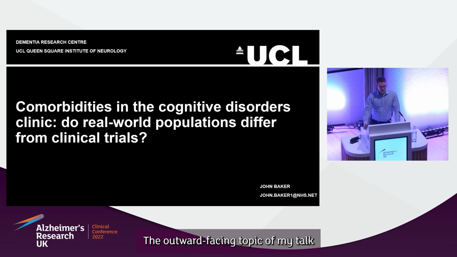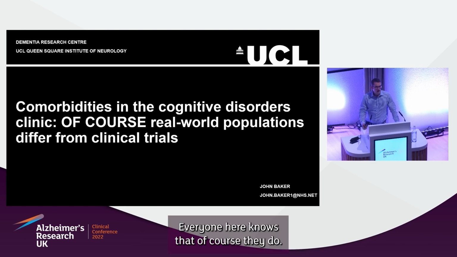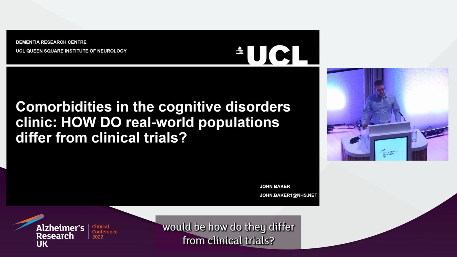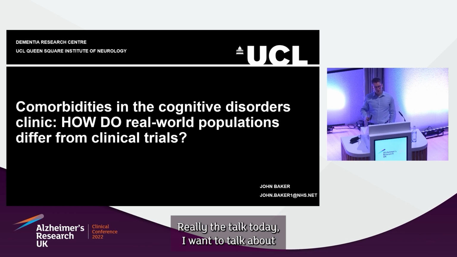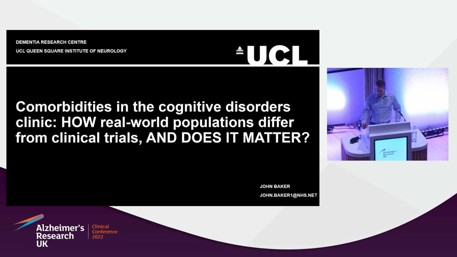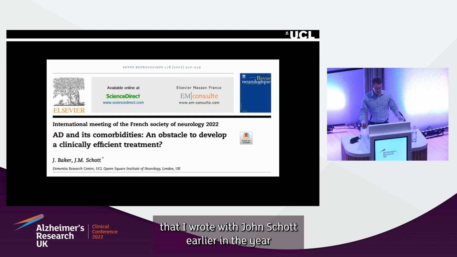The outward-facing topic of my talk is essentially, do real-world populations differ from clinical trials? And everyone here knows that, of course, they do. So perhaps a more appropriate title would be, how do they differ from clinical trials? And so really the talk today, I want to talk about how real-world populations differ from those of clinical trials, and does it matter? A lot of the work today comes from a paper that I wrote with John Schott